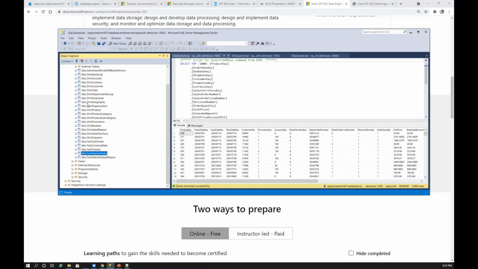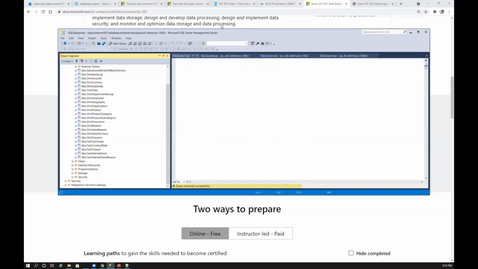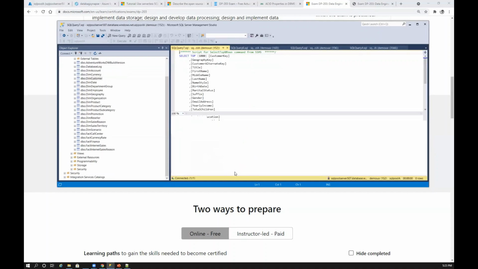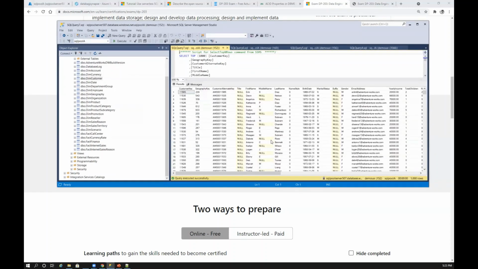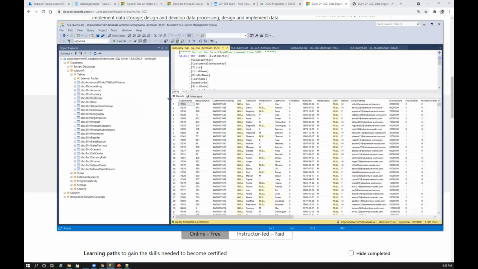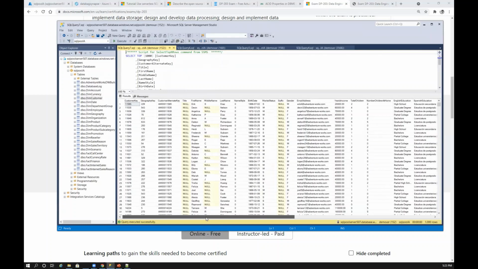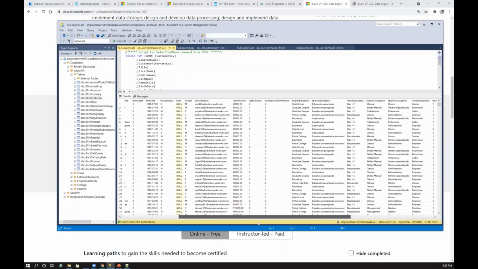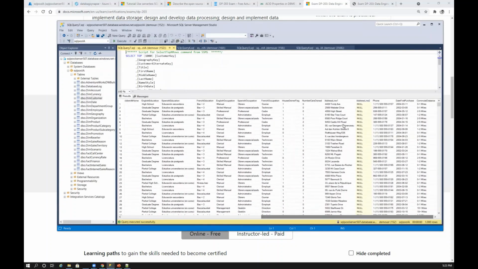What is the difference between these types? These slowly changing dimensions are only applicable for dimension tables. Forget about facts here, only focus on dimension tables. So here we are talking about customer data. Give me top 1000 rows. Not really sure if you're able to see it or not. I don't know how I can zoom this. So in this customer data, we are talking about address.